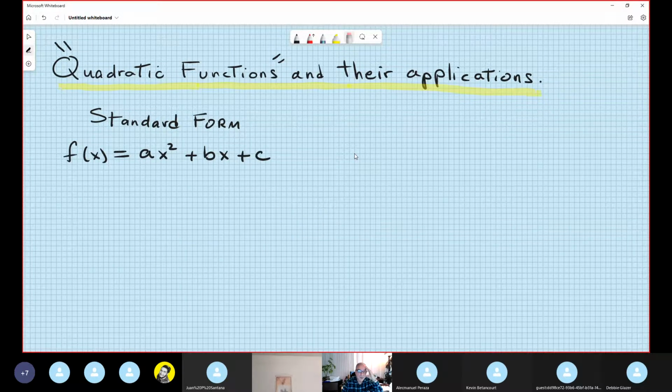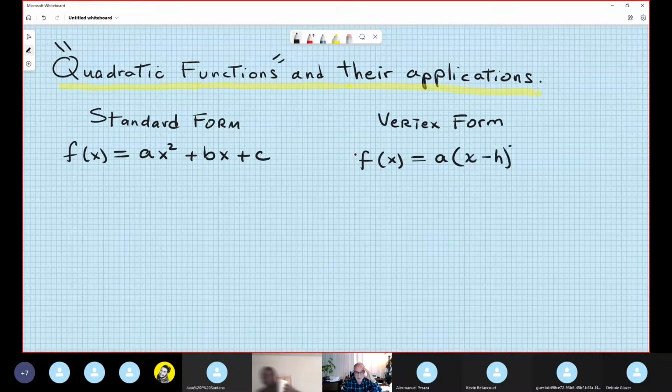Okay, super. And another way is the vertex form, that is f of x equal a, parentheses, x minus h, squared, plus k. Advantage and disadvantage. Well, some people prefer standard because they are familiar with it. But vertex is super important